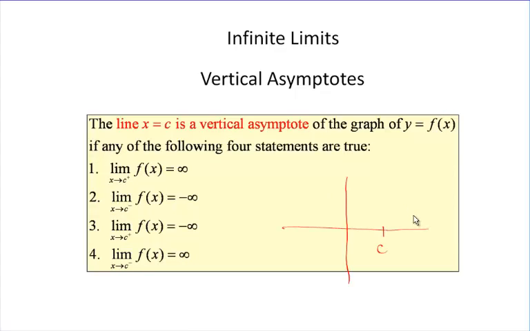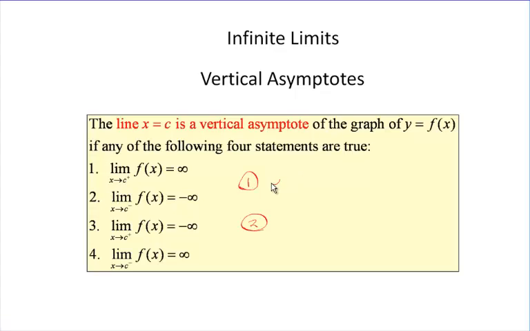As we approach c from the right and from the left, we may have both outputs going to positive infinity. We could have both outputs going to negative infinity. The example a while ago is from the right we were going to positive infinity, and from the left we were going to negative infinity. We could have the opposite going on. From the left we could be going to positive infinity, and from the right we could be going to negative infinity. That's why there are only these 4 rules, and when it comes right down to it, there's really only